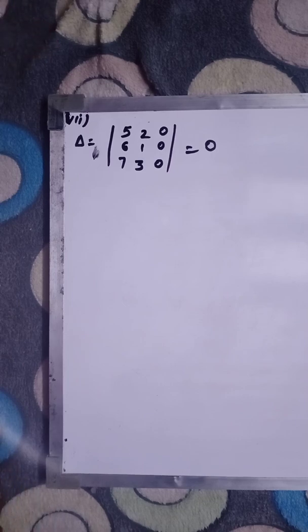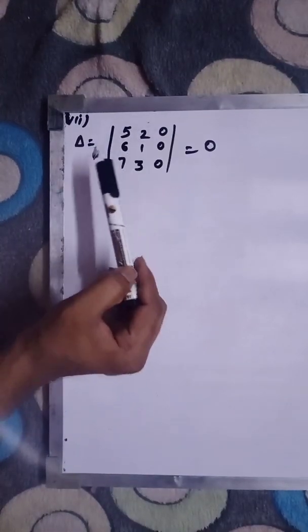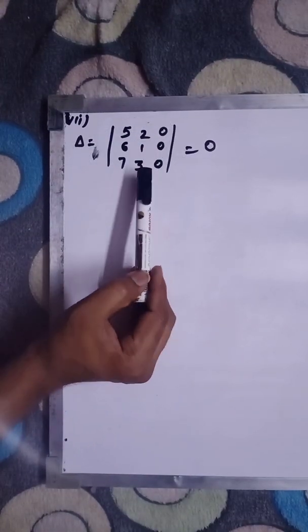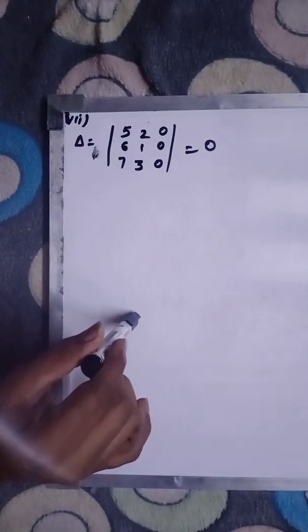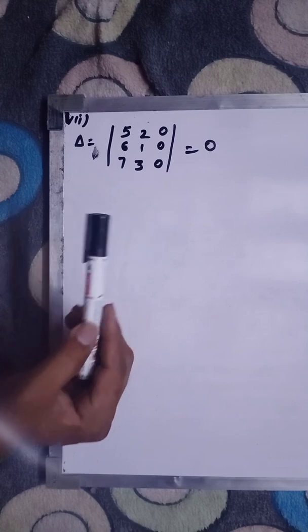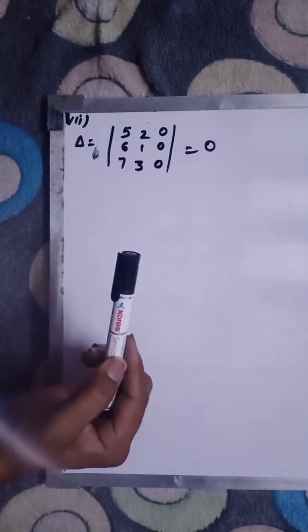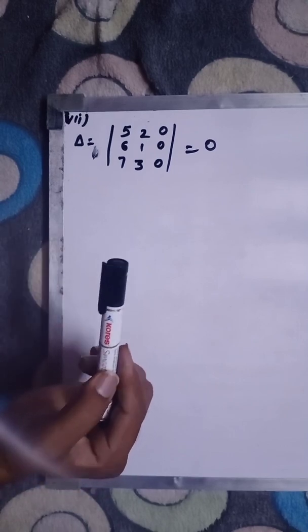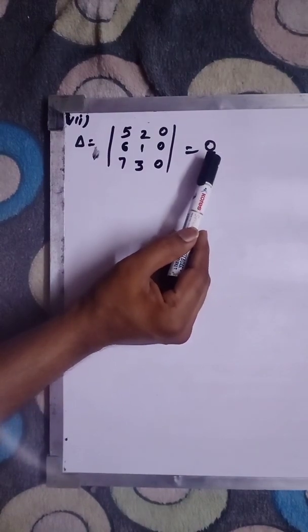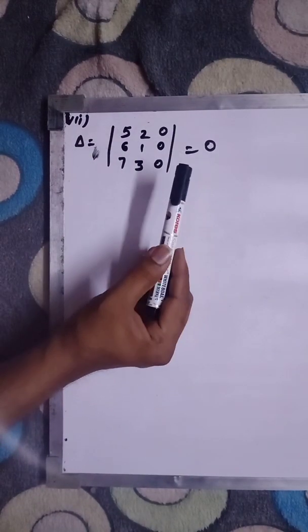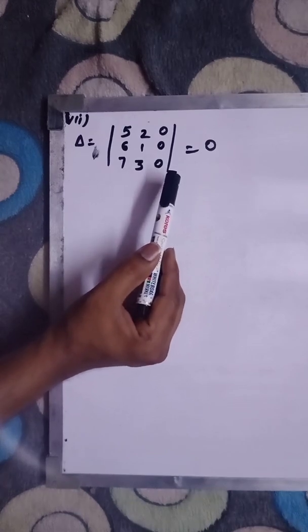After discussing the sixth property, that is your seventh property. Fine. It is actually not a property. It is not written as a property in your NCERT, but you must remember this. Okay. So in this determinant, we are getting a column C3 where all the elements are 0, 0, 0. If any row or any column of any determinant has all elements 0, then the value of the determinant will be 0. Fine. If any row or any column is 0, then the value of that determinant will be 0.